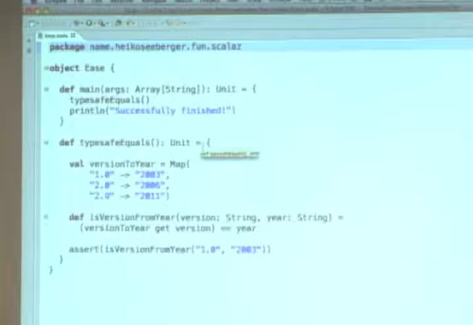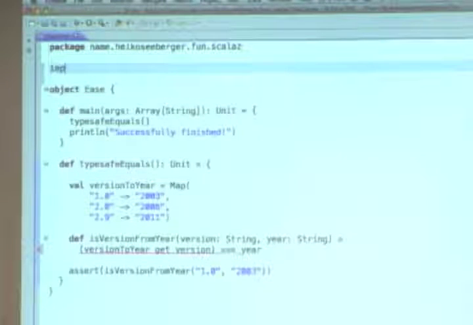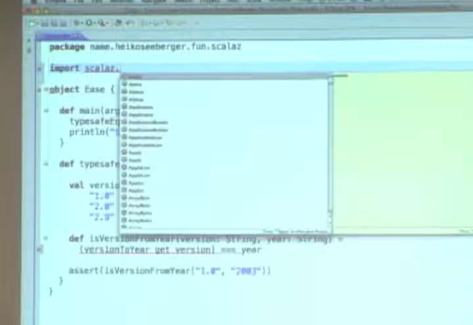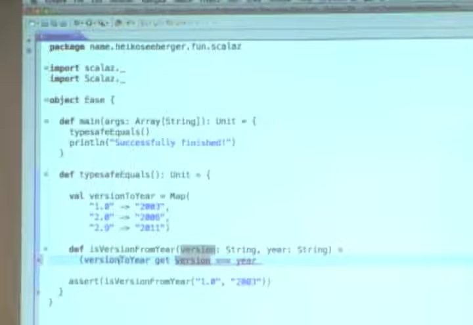Okay, type safe equals. We would like to have something like that. We need a different operator, of course, and in order to make that work, we need to import Scalaz. Well, let me show you a little completion. And now you see a compiler error, right? That's very helpful. Now we can see what we did wrong and try something like map here, get URLs.